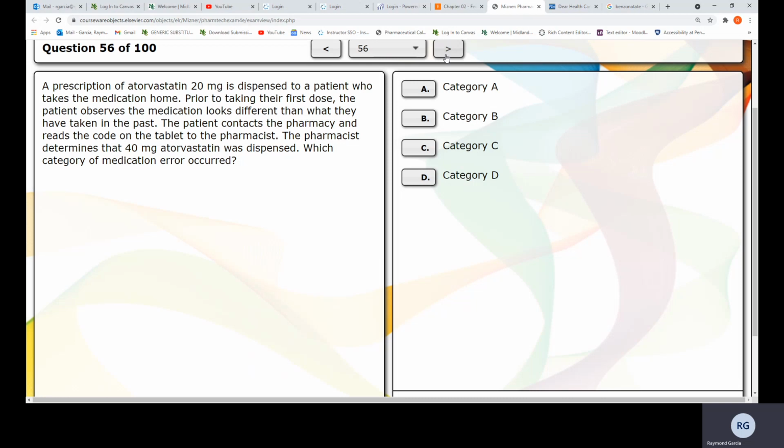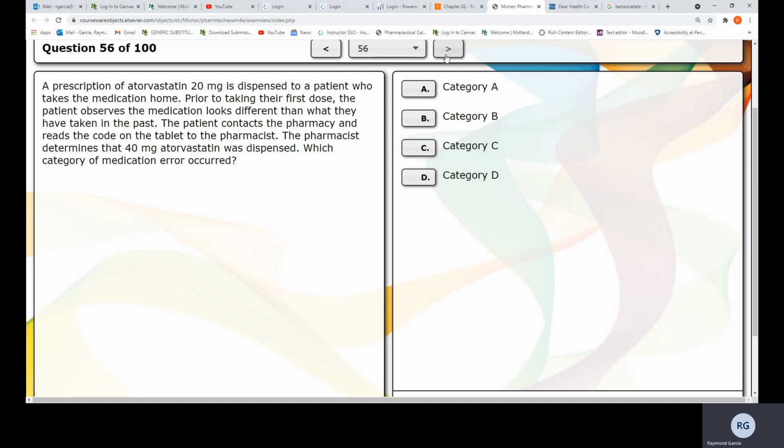Which category medication error occurred? Category medication error. And that's on the MERP,